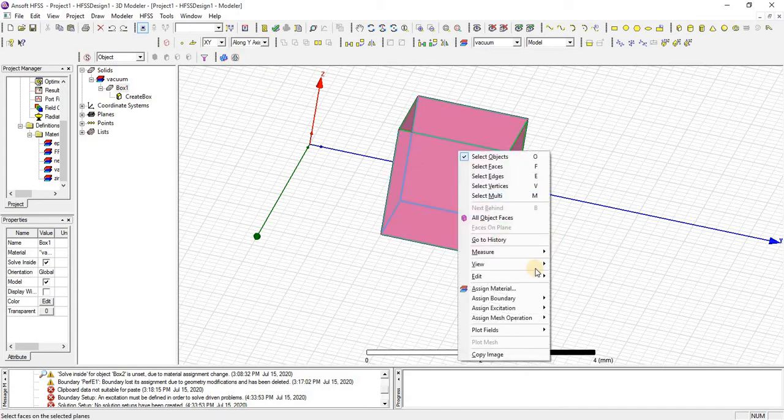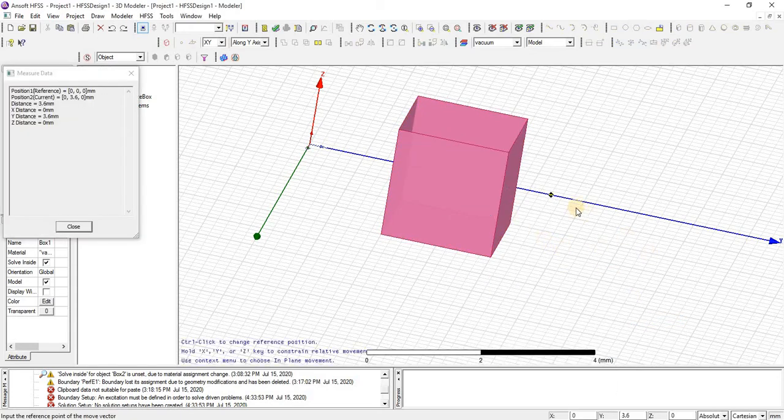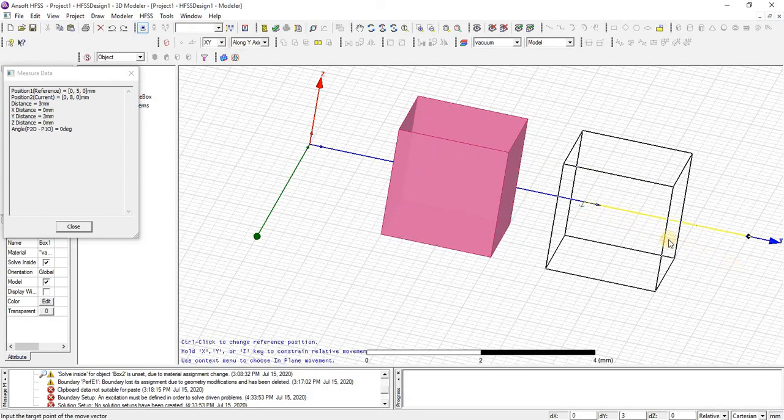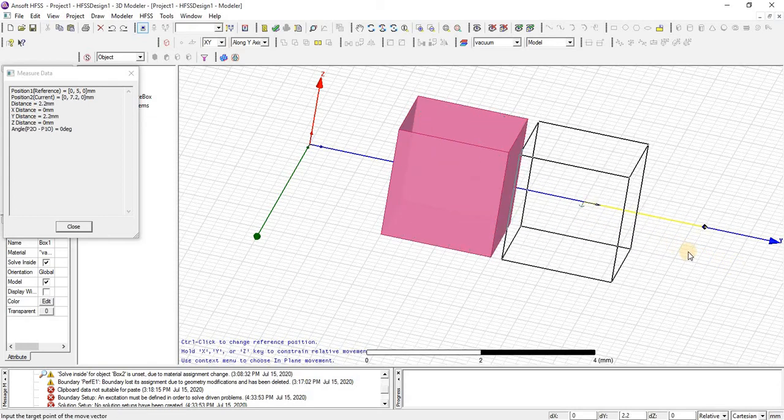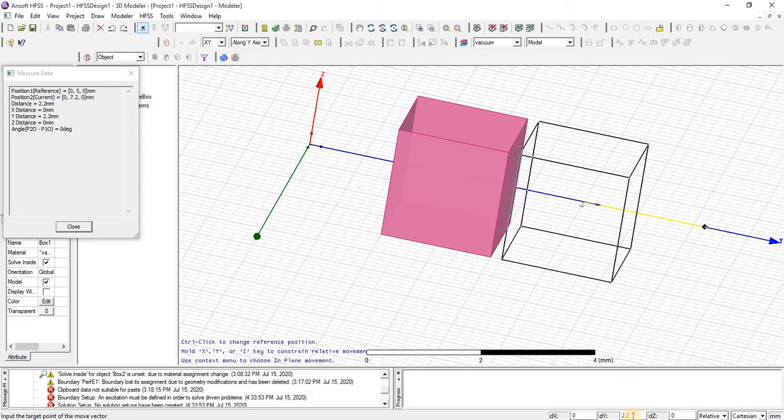just click on that and go into arrange. I want to move. Because I have made y-axis a fixed axis, I will select only y-axis, and this way it will move smoothly along y-axis, and we will put here the position of y-axis, dy, and click enter.